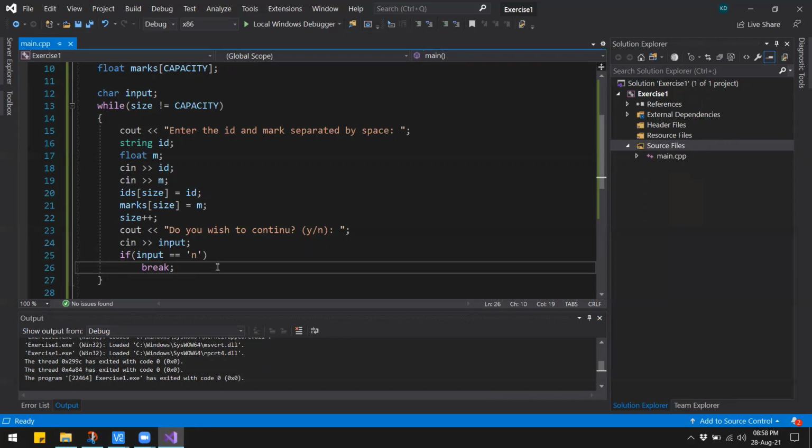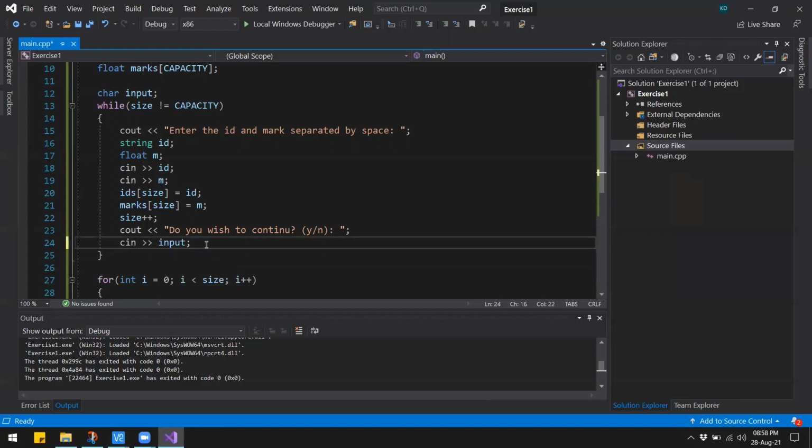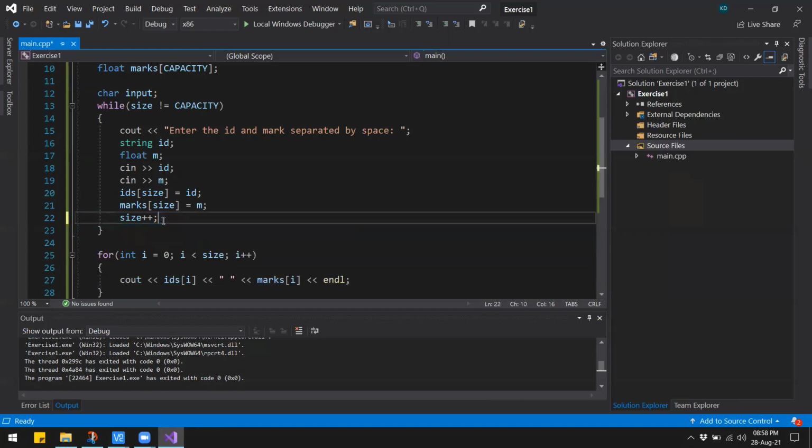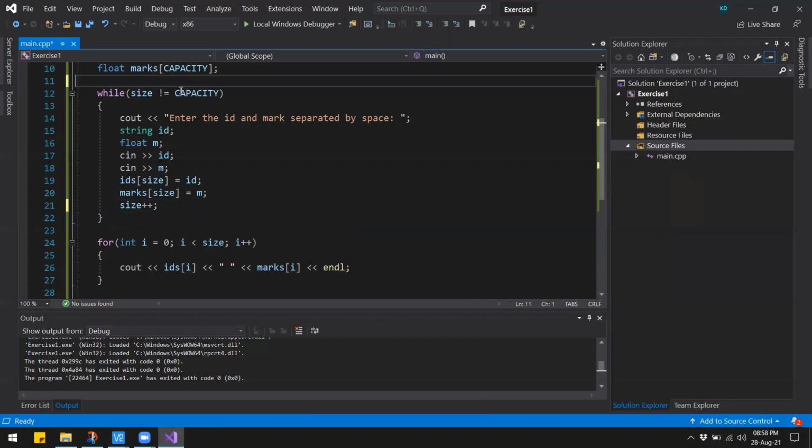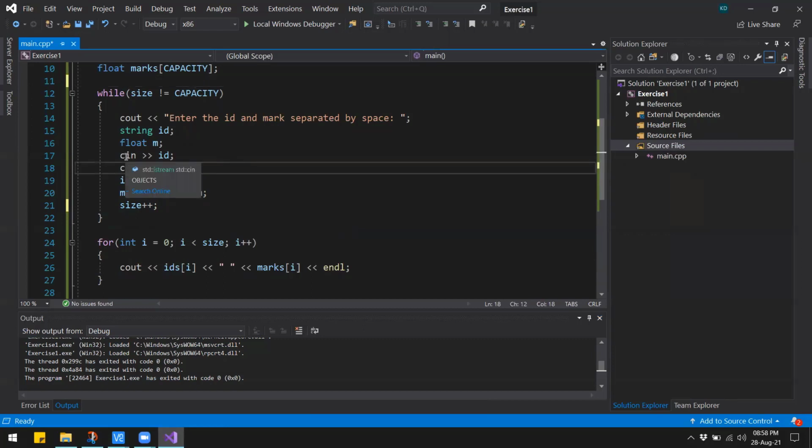Okay, so what I have thought of is I'll remove all of this and also get rid of this char input variable. And what I can do is make use of whatever we are taking from the user and play with that. So I can ask the user to enter -1 if they want to exit.